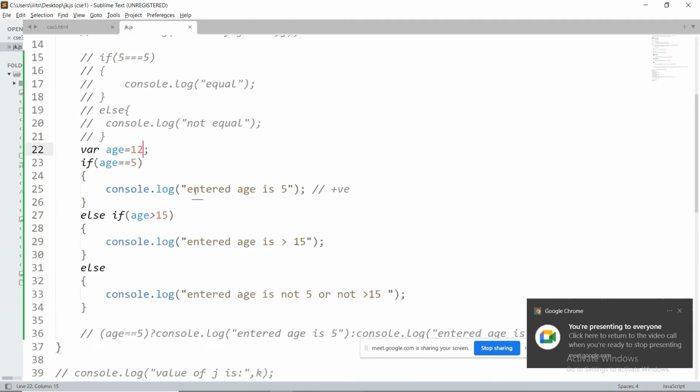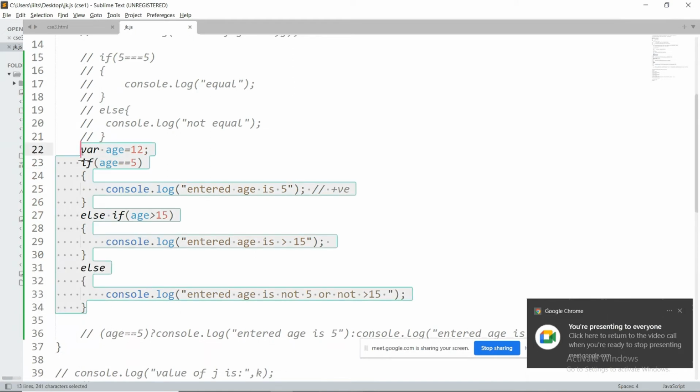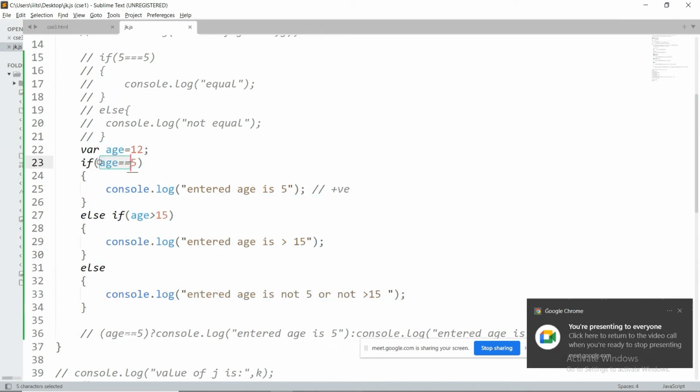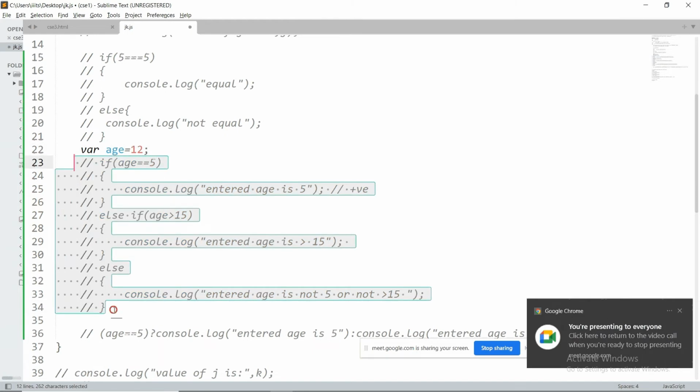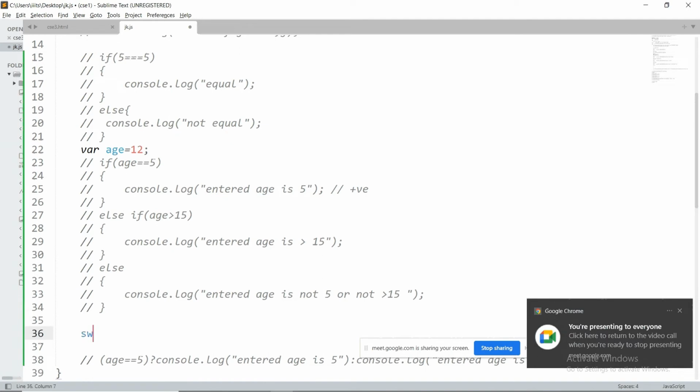So in the else if block, you are going to write multiple conditional statements. If one condition statement fails, then the next condition statement is going to be executed. In this condition block, you can write multiple conditions also, with the help of logical and, logical or, all those things you can use. Okay. So for the else if statement, an alternative statement is there. What is that? Switch statement.